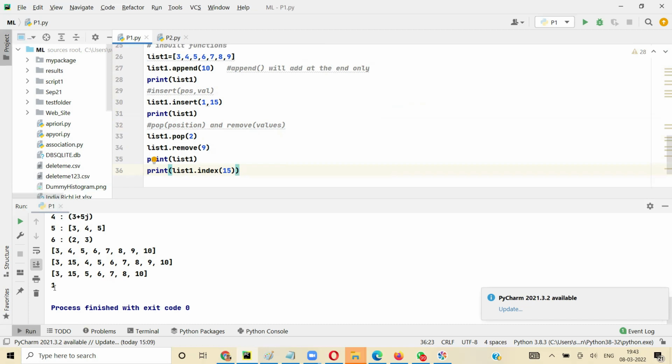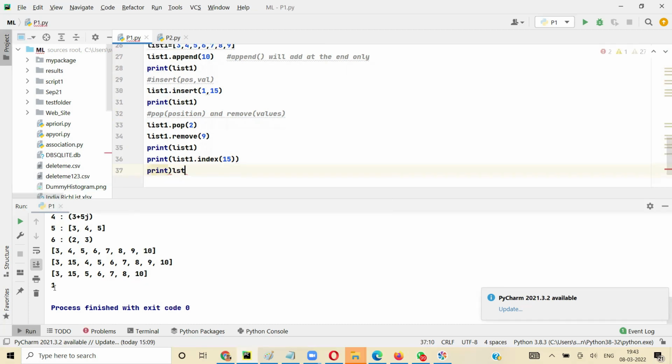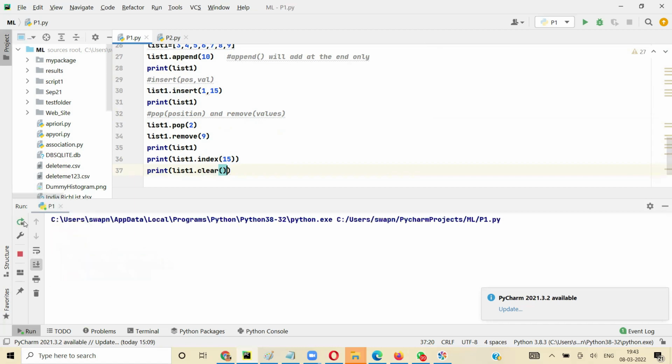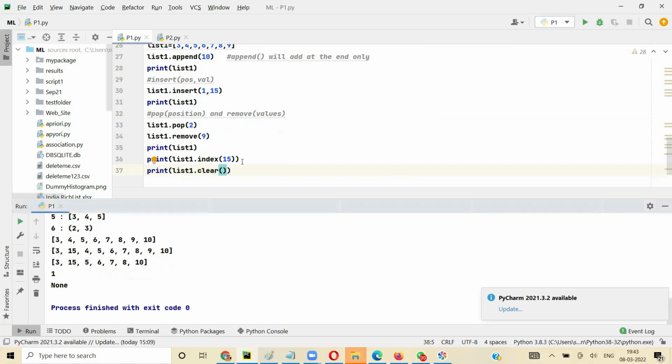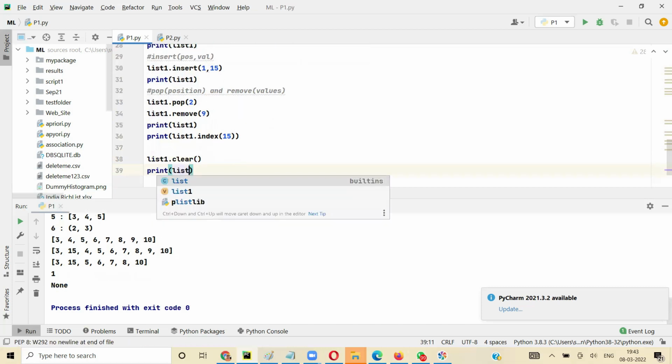Append, okay. एक clear है, clear will remove everything, okay? If I say list one dot clear, delete everything, okay? None. So this is going to return none। Clear is not going to return list, okay? It doesn't return anything, that's why we got none, मतलब it will not return anything। So list one dot clear किया and now I'm printing list one,